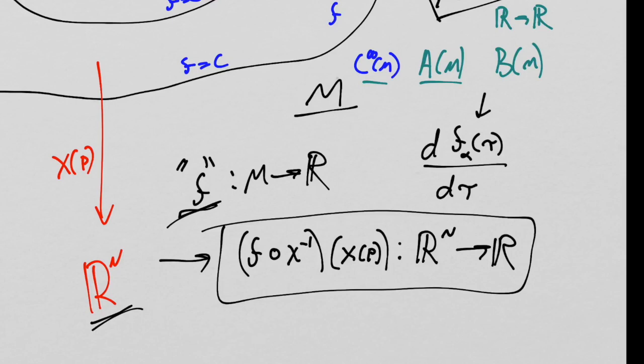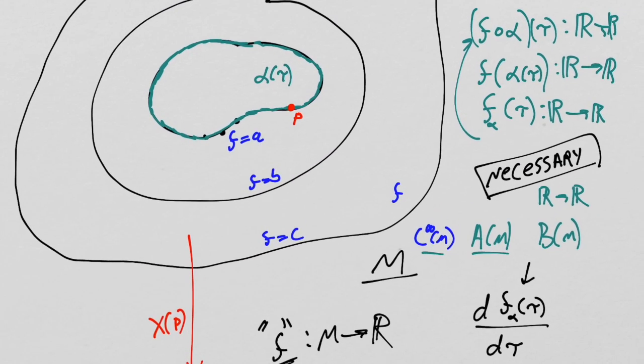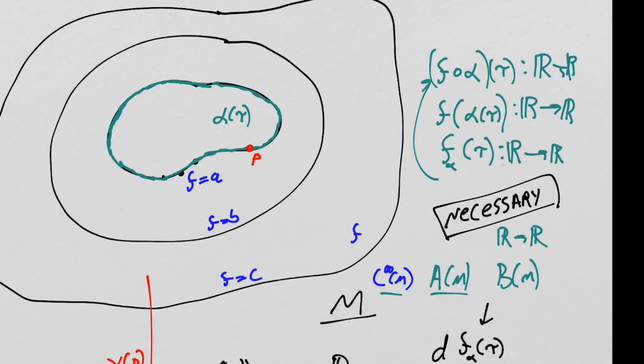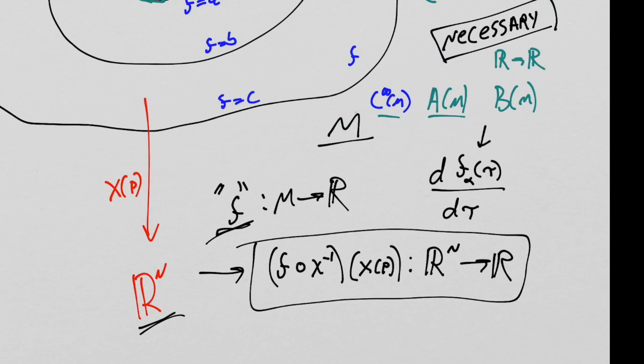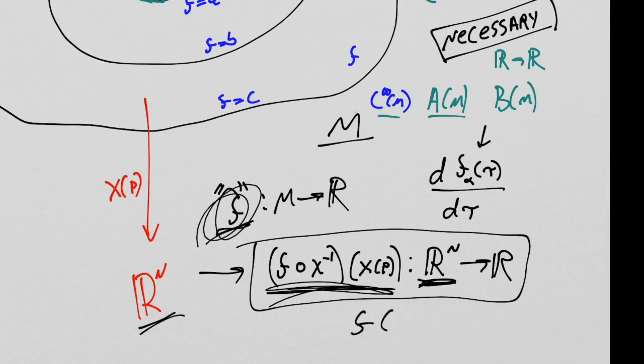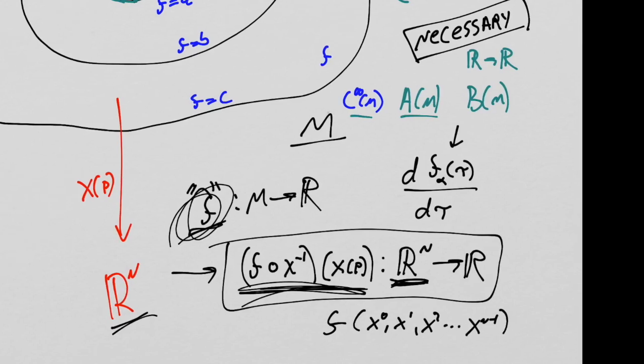So just keep that in mind. That's the kind of facile thinking that makes people very confused and makes this subject quite difficult: sometimes we talk about f as though it's a function of the coordinates. And of course we can, because the manifold is so strongly bound to the coordinates that this statement is always true. It's always possible to do. So sometimes we just talk about f as though f is a function of x0, x1, x2, dot, dot, dot, xn minus 1. But the truth is, f